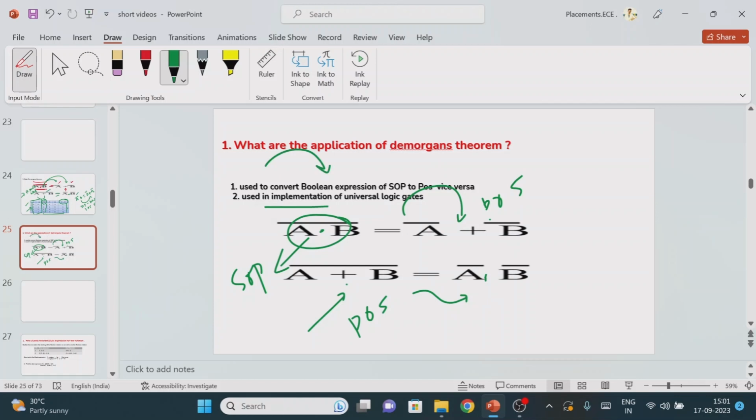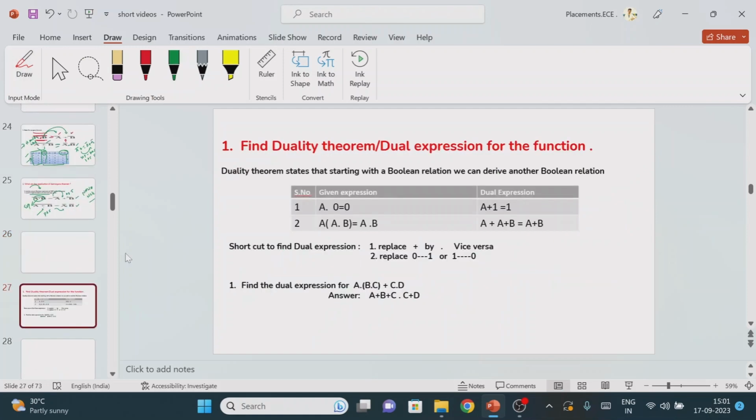Then one more application is that we can use it in the implementation of universal logic gates. The moment you try to convert a logic circuit diagram completely into NAND gate representation or completely into NOR gate representation, we apply either De Morgan's theorem 1 or De Morgan's theorem 2. What is the duality theorem? For